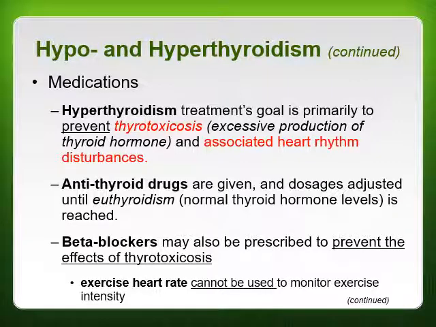That can be problematic because you can really hurt someone because their heart is not doing what it's supposed to be doing to go along with the amount of oxygen it's getting. So if you're doing any kind of aerobic conditioning with someone that's on beta blockers, you're not going to want to use heart rate as a measure of intensity,